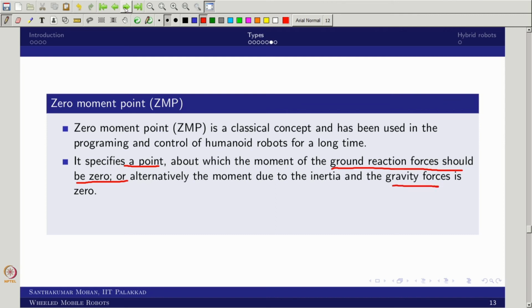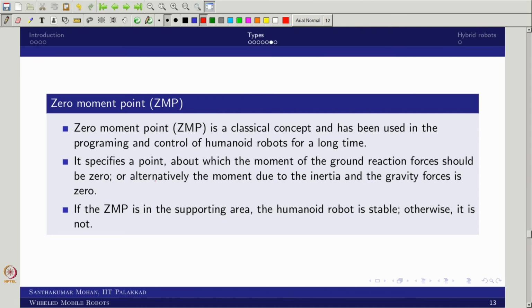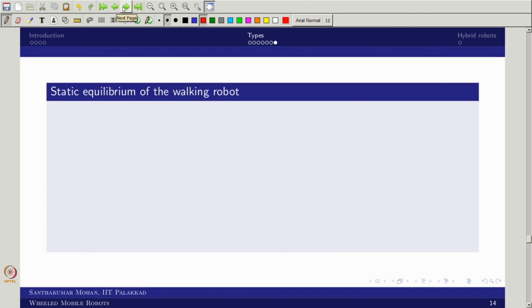So if I achieve that point, that is what you call the zero moment point. The zero moment point is supposed to always fall within the support area. For example, if I have 4 points as support, I draw a polygon, and your zero moment point and center of mass are supposed to fall within that supporting area. Sometimes we call this the center of pressure. Then you can bring back the static equilibrium.